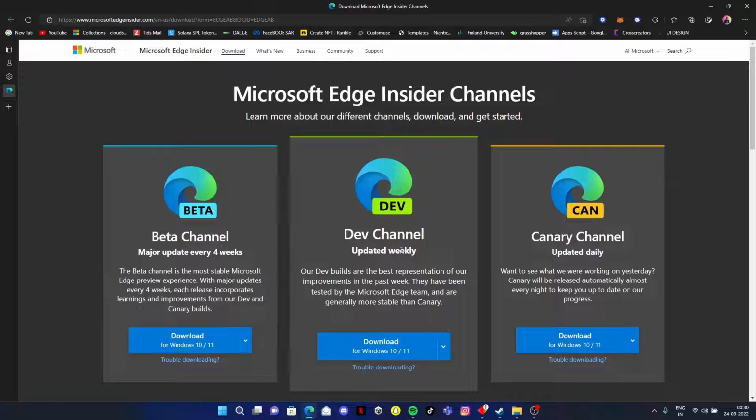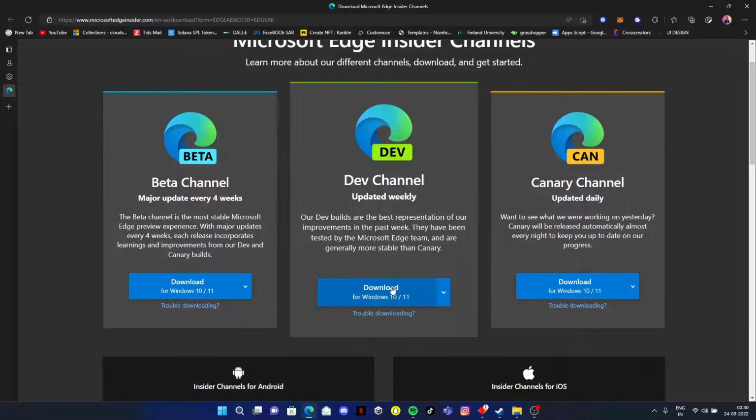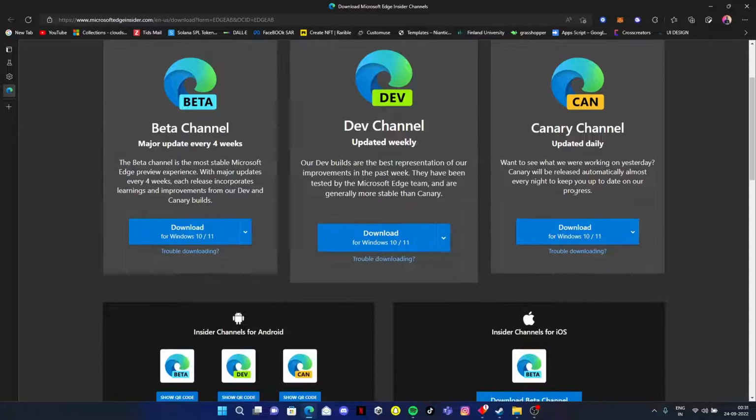So you can just report the bugs in the report channel directly from the PC itself, and then you can share it, and in the description of the bug report you can give your PC's specifications, everything. And coming to the Canary channel,